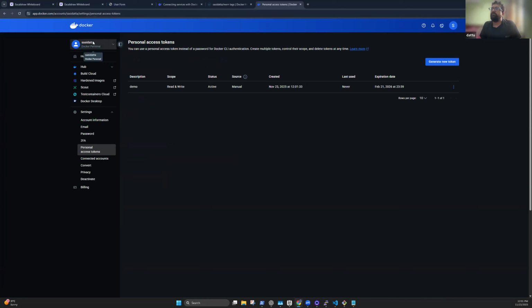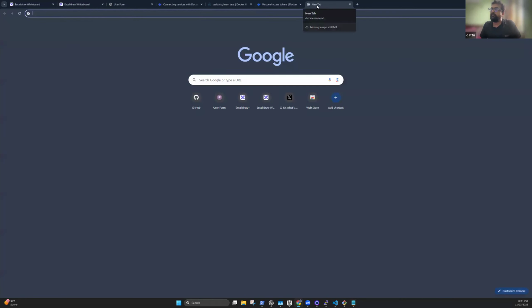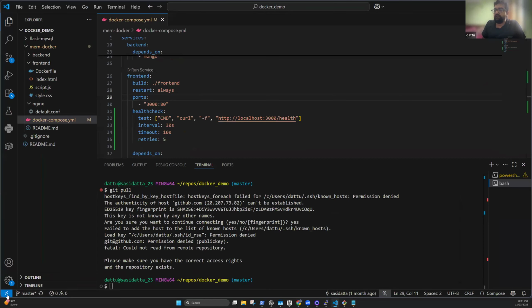Okay. Now what will I do? I'll write a pipeline for this in order to build a backend, a pipeline where it will build an image and push it to Docker Hub. Okay. So let me open this one and